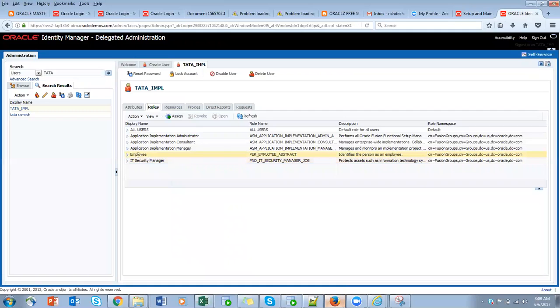And one more is employee. Role name is employee. If you assign this role called employee, user can run concurrent programs. Otherwise, he can't run any concurrent programs. You have to assign this role. If you want to assign any roles, click on assign